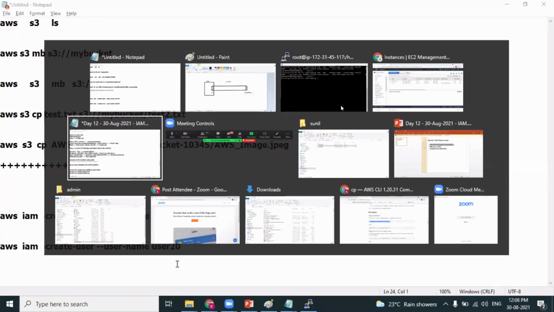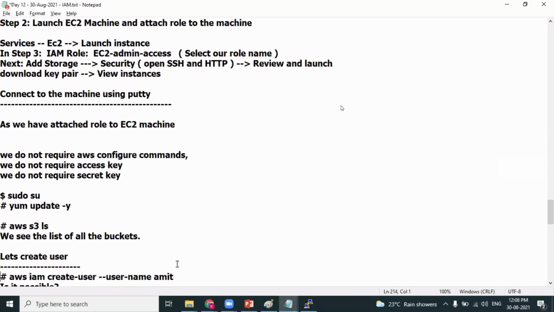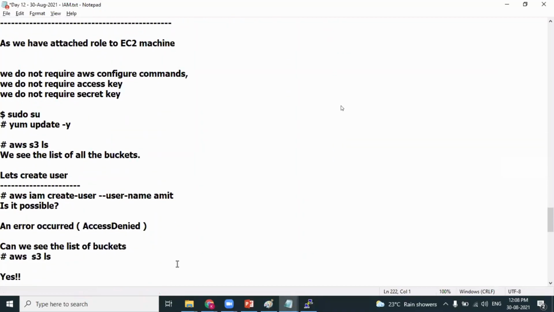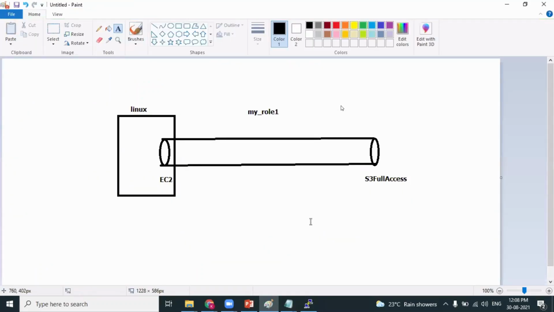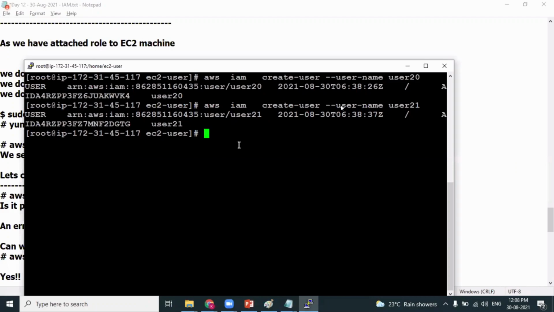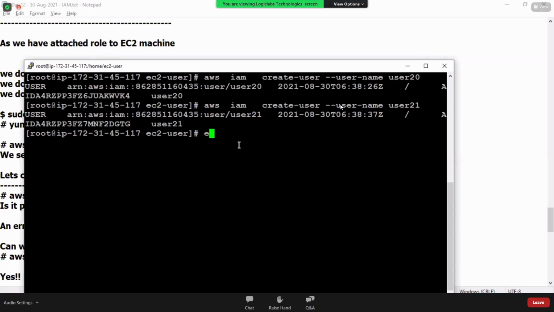Practically what happens is, as we have attached the role, and that role has S3... Is there no full activate option? No, once we have not attached it. What we'll do, we'll disconnect it, and maybe reconnect it back.